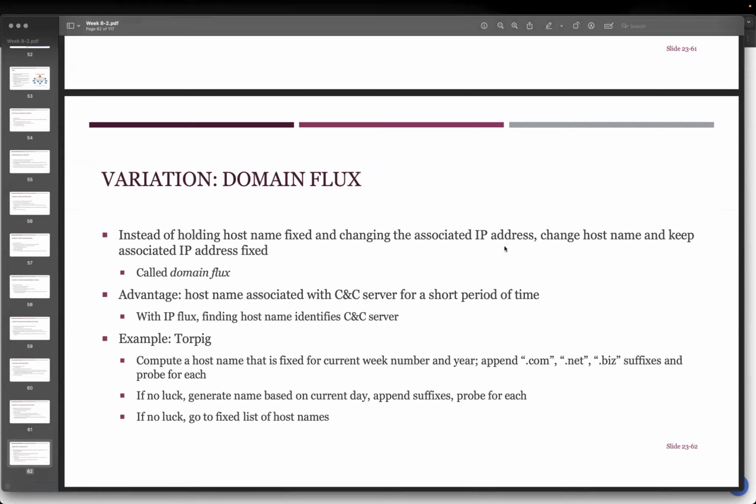Before, it's like, I have the same domain name, but I associate this domain name with different IP addresses, like different actual devices, or we say the nodes, right? And this time, we try to change the domain. That means the DNS. I can have the same device, same IP address, but have a different name for it. The advantage is that the host name associated with the server can last just a short period of time. So when we need to do the IP first, we need to find the host name identifier